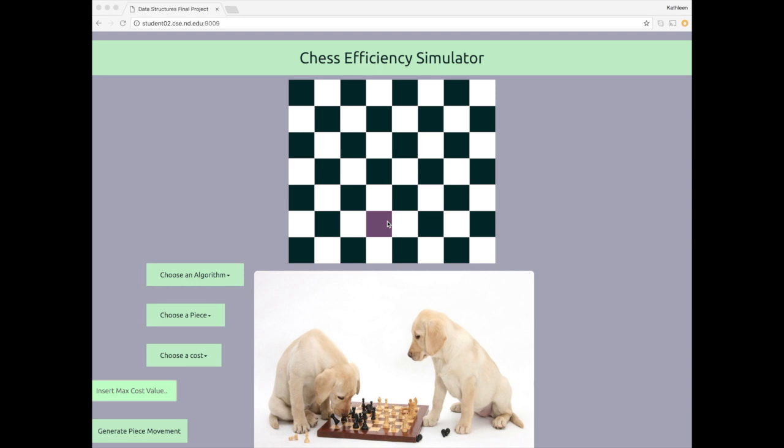Hi, this is the Chess Efficiency Simulator project presented by Katie, Meg, and Logan. In this video, we will walk you through how to use our chess efficiency simulator and the results we got